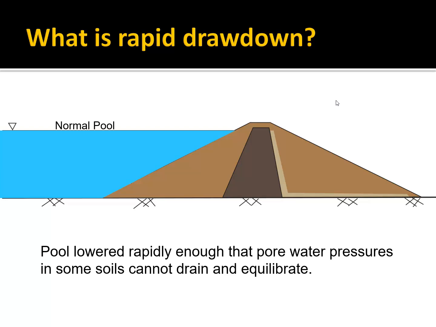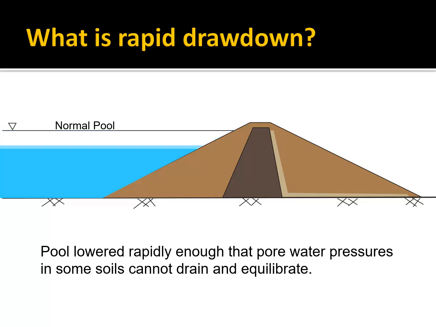And a couple of the things we would analyze is we would do a seepage analysis with the pool in a full state, and that would give us a phreatic surface coming across here, and we can analyze slope failure on the downstream side, potential slope failure on the upstream side. But in many cases, the scenario that gives us a lower factor of safety is what we call rapid drawdown,